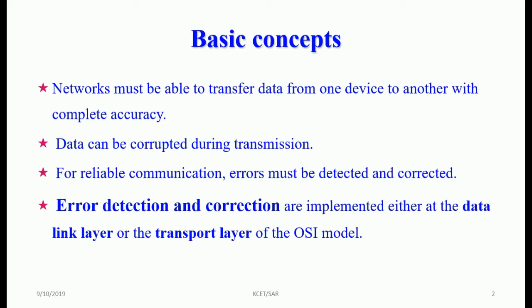The data can be transferred from one place to another. It is in the form of digits. Sometimes, data can be corrupted during the transmission process. How to provide reliable communication in a network? Errors can be detected and corrected during the transmission on the receiver side. Error detection and correction are implemented either in the data link layer or in the transport layer of the OSI